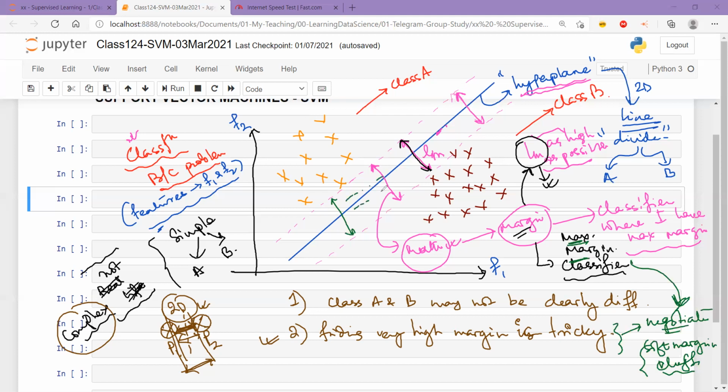Let's say the margin could have been something like this also. It's okay, as long as I am able to maintain something else, this is okay for me. Let's say the new margin is L-M, and L-M is less than L of M. This situation is okay for me. I can live with it, no issue. Now that's the second problem solved.